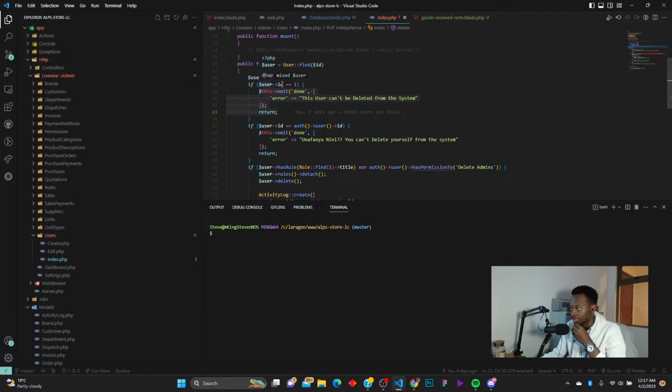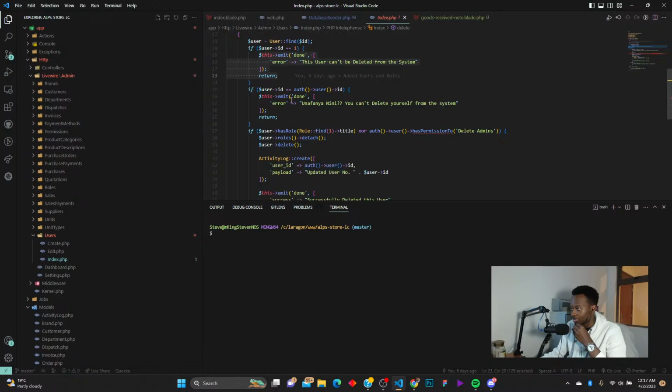you can see if user ID is equal to 1, this emits: this user cannot be deleted from the system. And then if user ID is equivalent to auth user, you cannot delete yourself from the system. So if the user ID is equivalent to the authenticated user ID, it means that this person is trying to delete himself, so you cannot delete yourself. And then you can see if user has role, find ID 1, so we're finding the super admin title, right? If user has role super administrator, or the authenticated user has permission to delete admins,